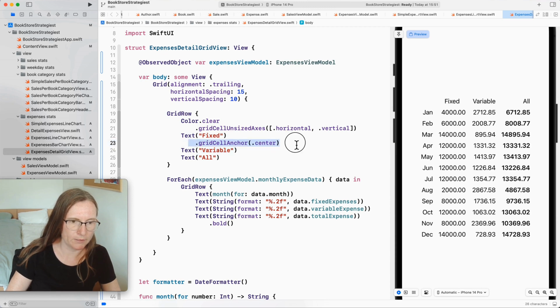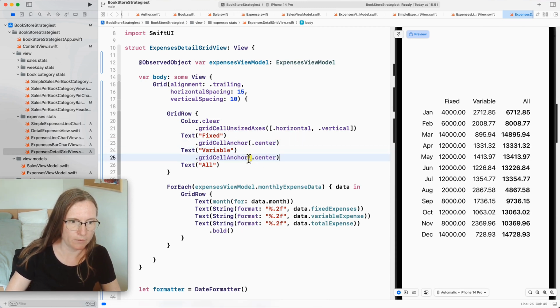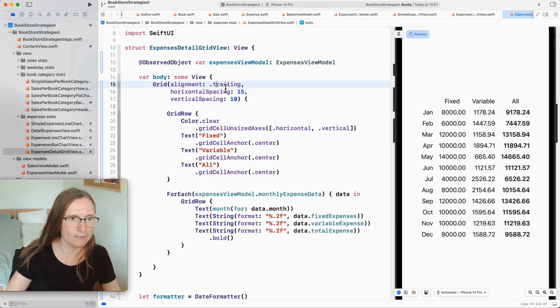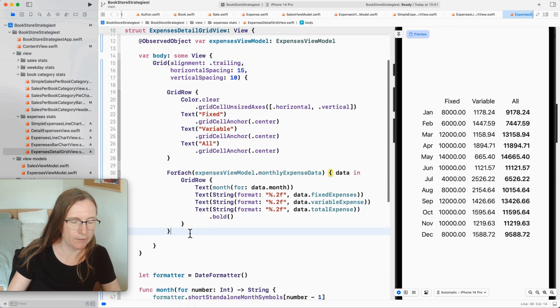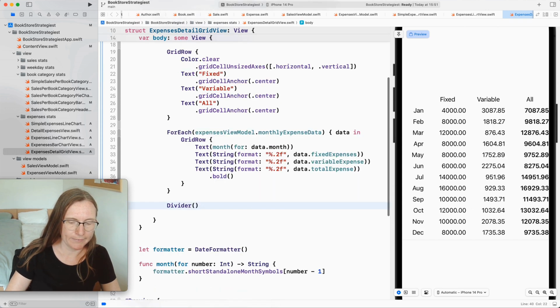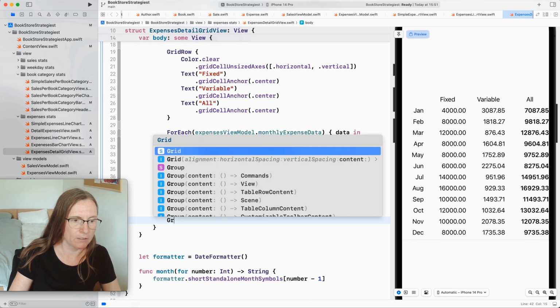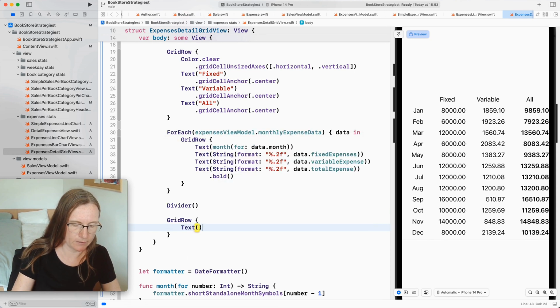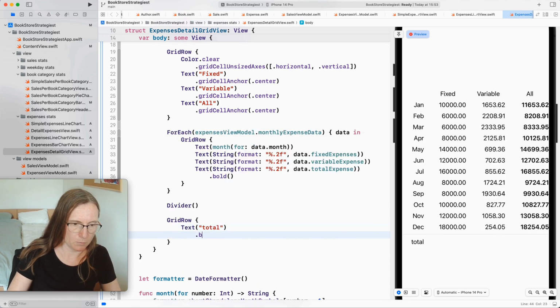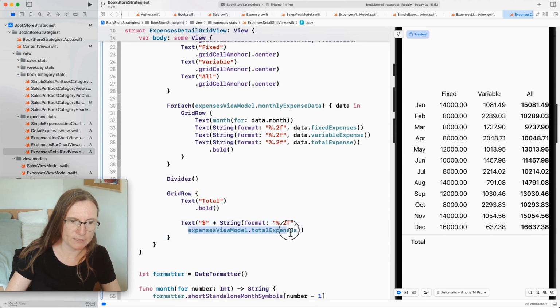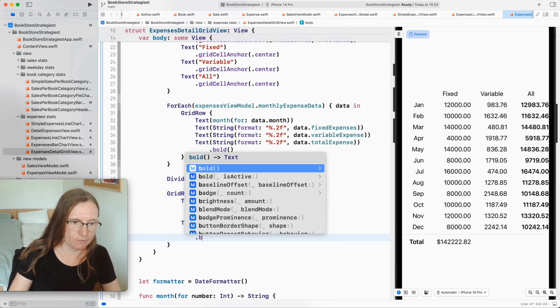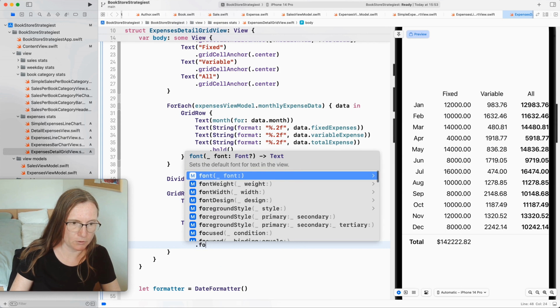You can also do the same to the other headings. This is overwriting the value that I gave in the main grid initializer here. Okay, last I want to add here a divider, and then I also wanted to show on the lower part a sum of everything. So this is another grid row saying text total bold, and then I want to show the expense view model's total sum again with bold foreground style